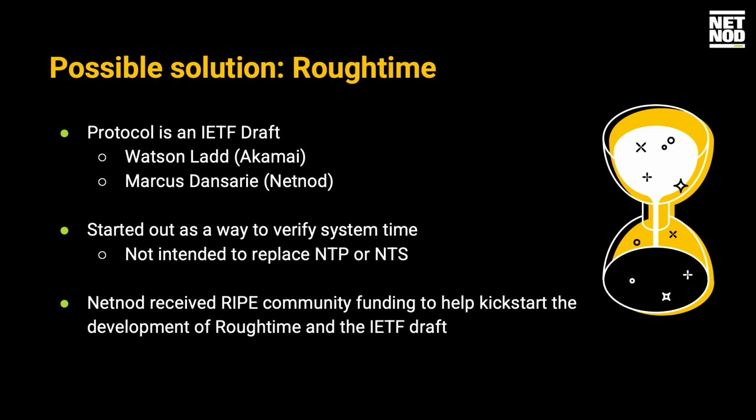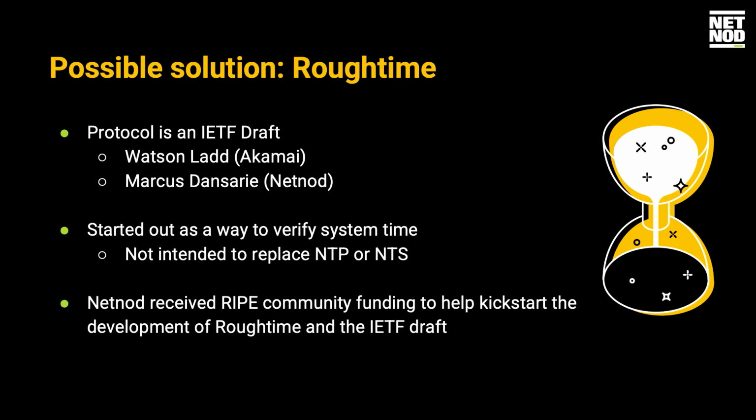And the way I've been told the story is that it started out within Google, because Google saw through telemetry in Chrome that the main reason for certificate validation failures in Chrome web browsers is that the user's clock has the wrong time. So they needed a way to verify that independently, that was secure, and also would scale up to the amount of users of Chrome there are, so in the hundreds of millions. Turns out they're not actually using Roughtime. I don't know what they're using. But it ended up in the IETF instead,